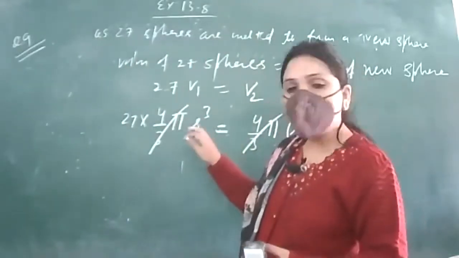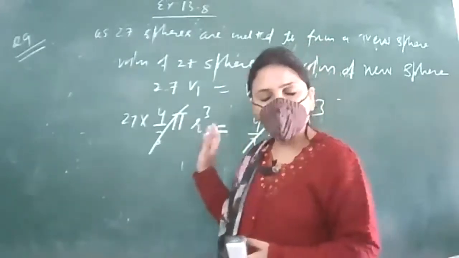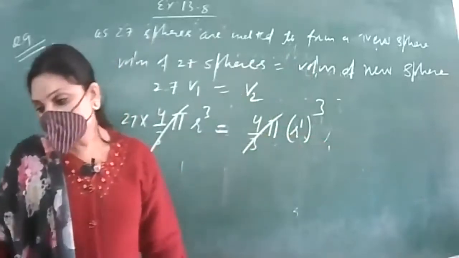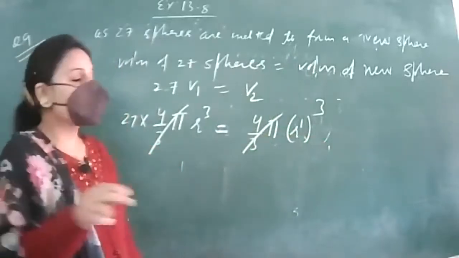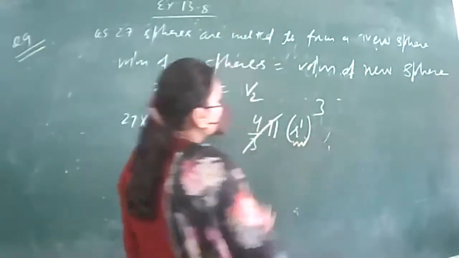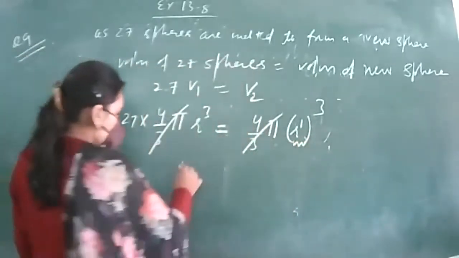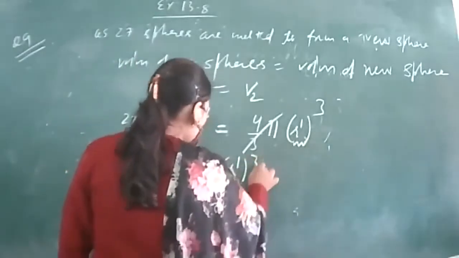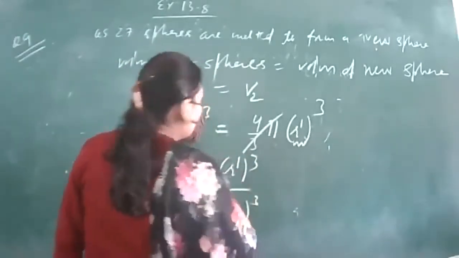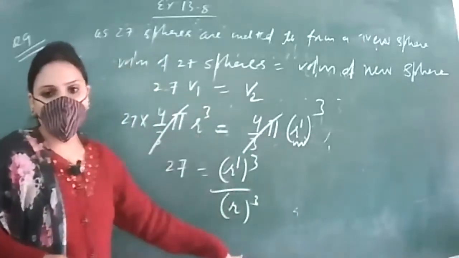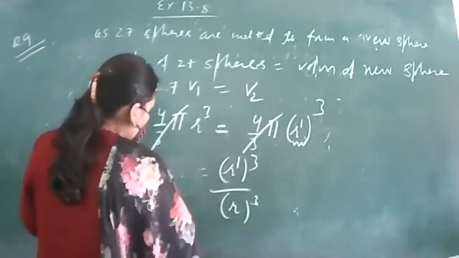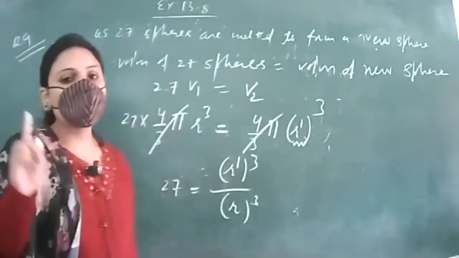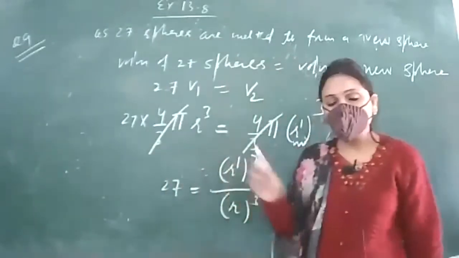Now we want to find r dash. We don't know what is the relation between these two. यहाँ से simplify करेंगे आगे. Because first part is find the radius of the new sphere. That means this is our target. R dash is to be found out. So let us take 27 as it is, and r dash cube denominator as r cube. This r cube shifted to the other side becomes a denominator, and we are having 27 is equal to r dash cube over small r cube, right?